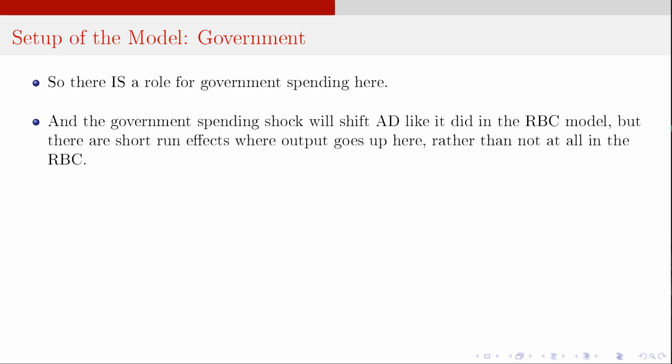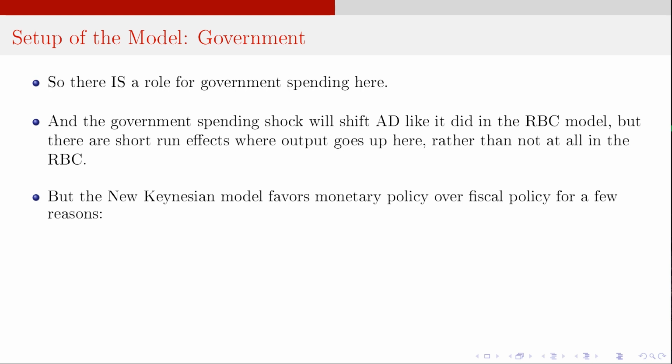So a government spending shock will shift aggregate demand like it did in the real business cycle model, but there are going to be short-run effects where output goes up rather than not at all, like what we saw in the real business cycle model. And despite that, the new Keynesian model tends to favor monetary policy over fiscal policy for a couple of reasons. And those reasons are,